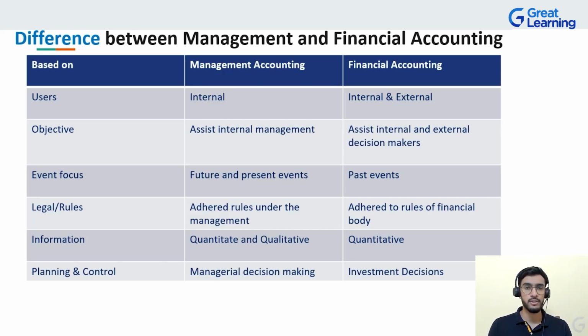Now, based on the users, management accounting is showing internal, and financial accounting is showing internal and external. We are going to be differentiating these two parallelly, okay? Internal users means that the management accountant actually reports to the internal management or the owners of the company, right? And these reports, the financial data, the quantitative and qualitative data done by the management accountant, is used by the internal committee inside the company,